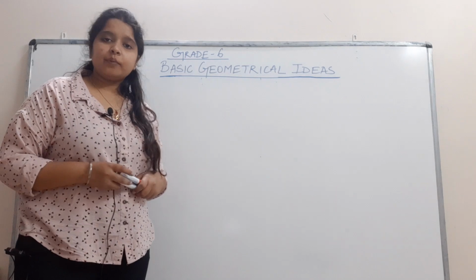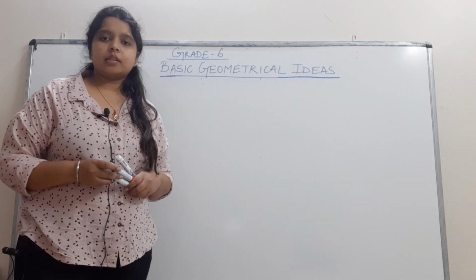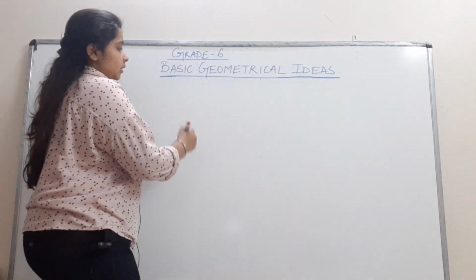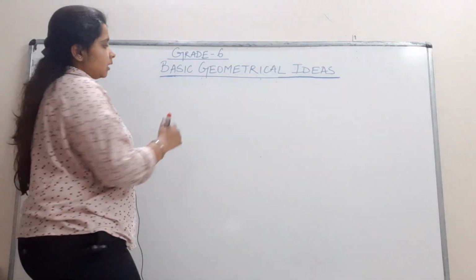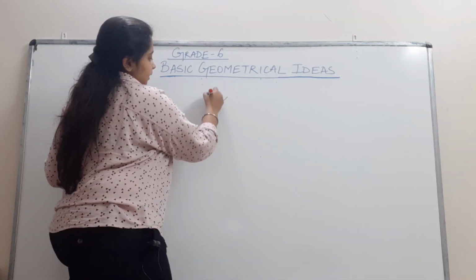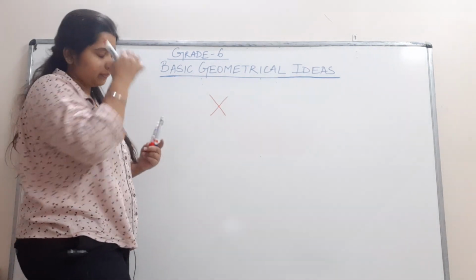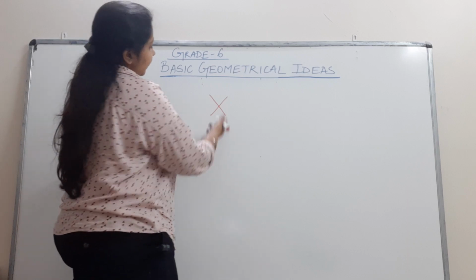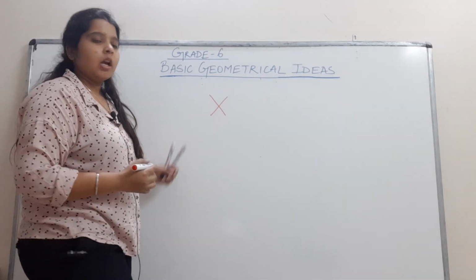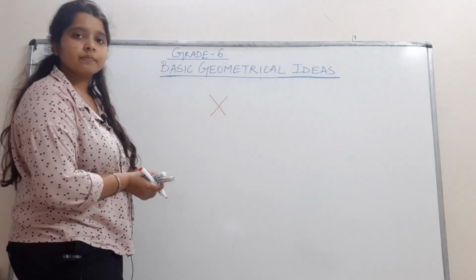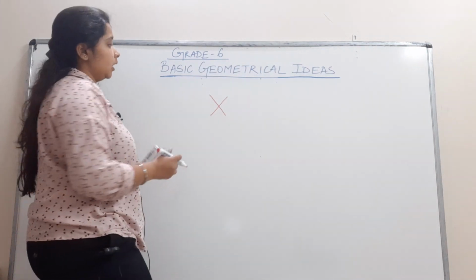Now students, have you ever seen a pair of scissors? Obviously you have. What about the two blades? They look something like an X, right? They meet at a point. What about the letter X? Obviously they meet at a point. Do you see the sides of this board? They are also meeting at a point, right?